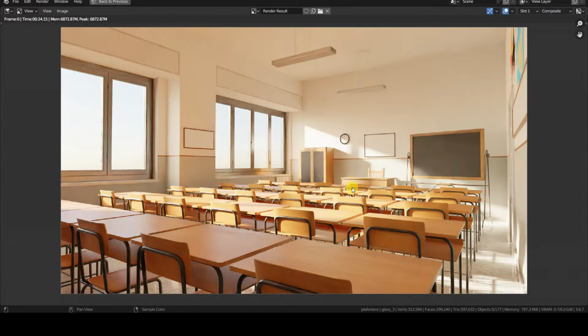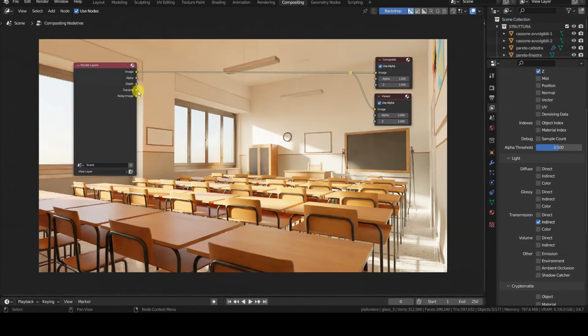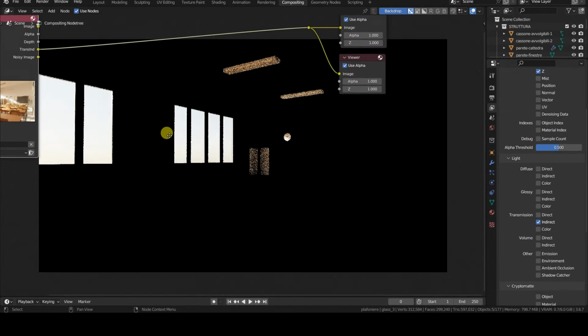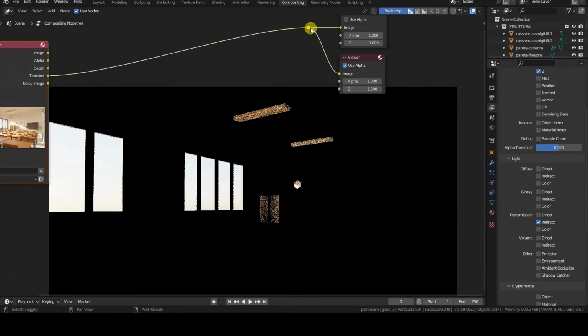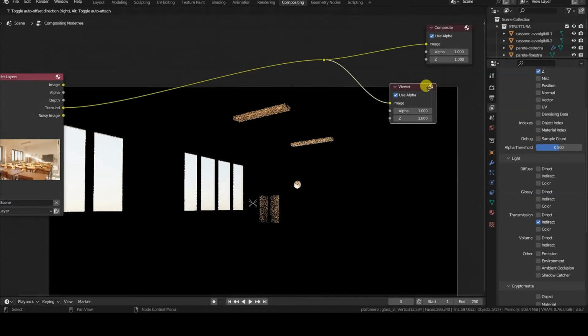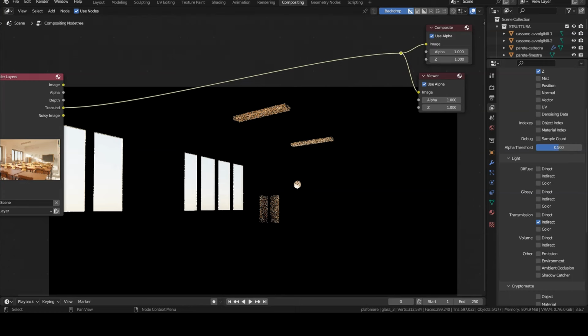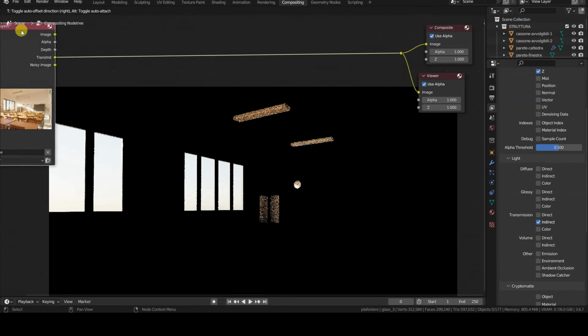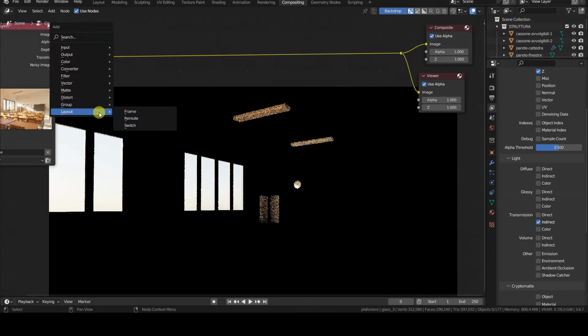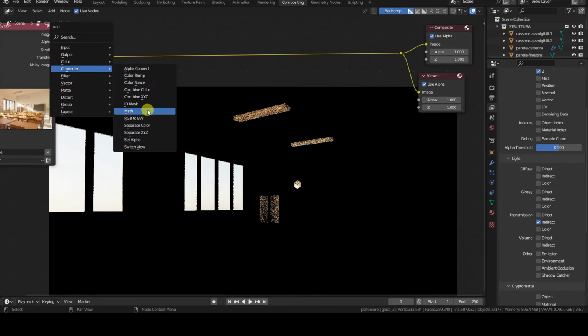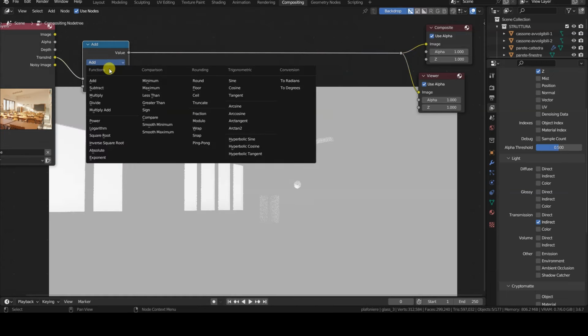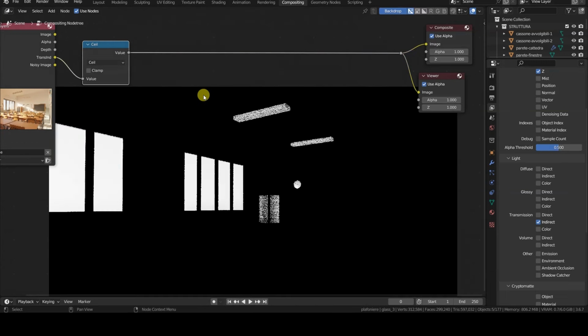Let's take a look at the mask obtained from the Transmission Indirect information. To get a uniformly white mask in the areas of interest, let's connect the Transmission Indirect to a Math node in Seal mode, which will round to 1 all the values which are greater than 0, turning those pixels to white, just as we desire.